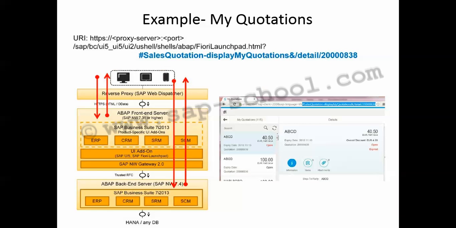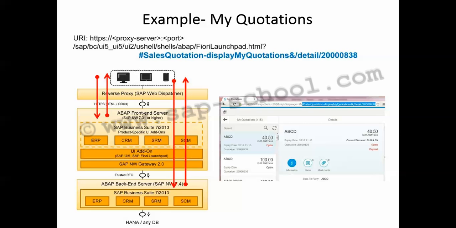Then this is the example of my My Quotation apps. In the My Quotation apps, first of all, the app calls the OData service to retrieve some data. Gateway components in the front-end server know the system alias for the services, and they get the data from the backend server.